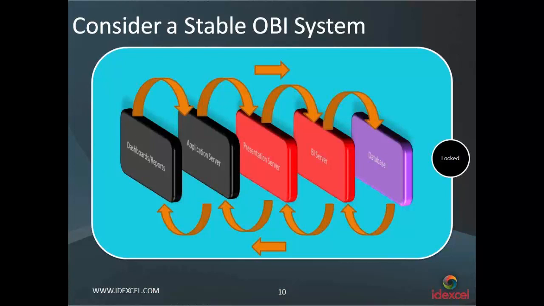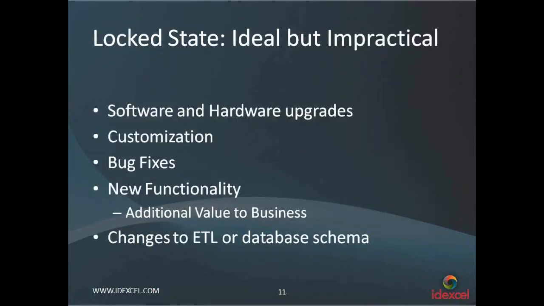If all this is locked, then we have no point of regression. Nothing regresses, everything continues to work as expected. However, this is far from reality. It's really impractical, because frequently there will be some level of software changes and hardware upgrades. There will be customizations which need to be done for a specific set of users, and bug fixes. Sometimes there is a need for new functionality that seems very enticing for business folks.